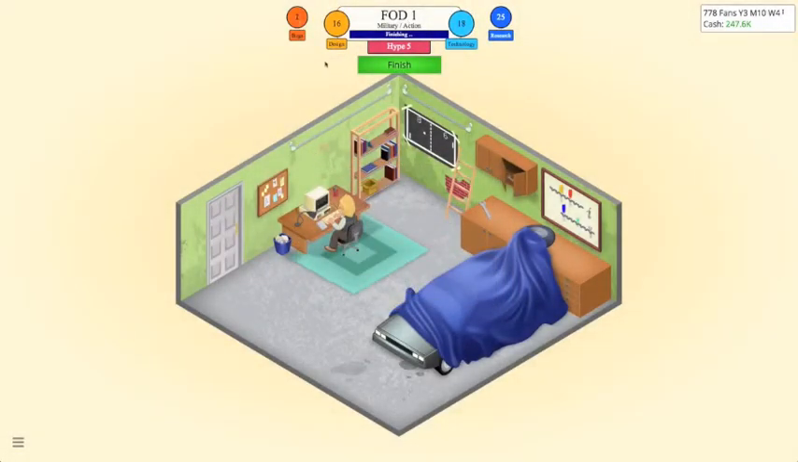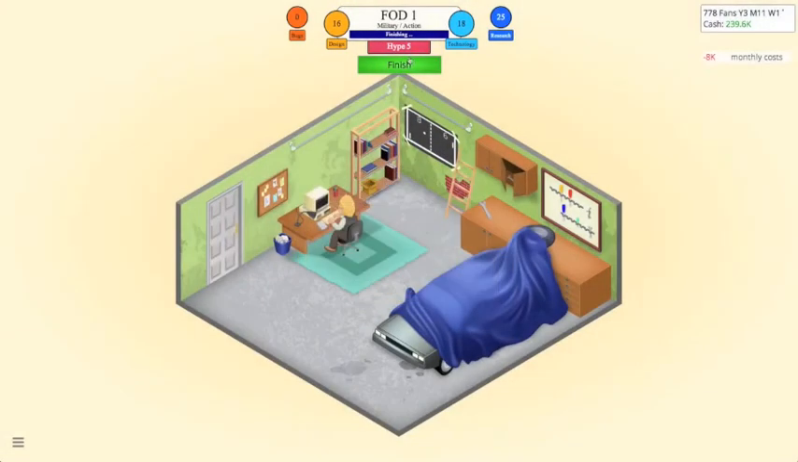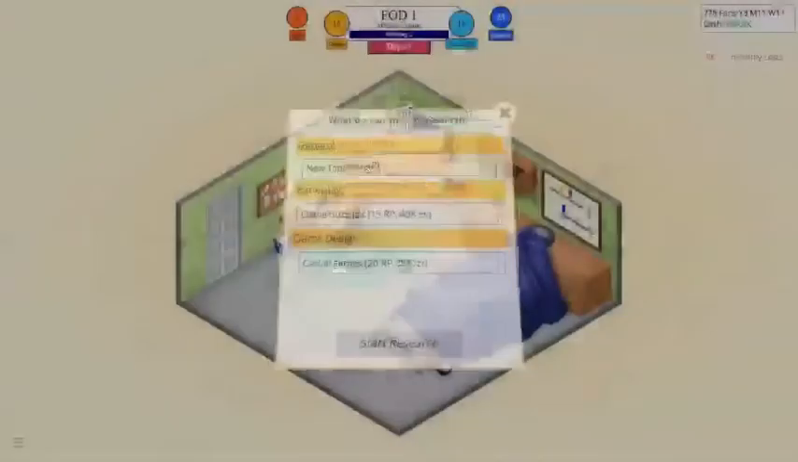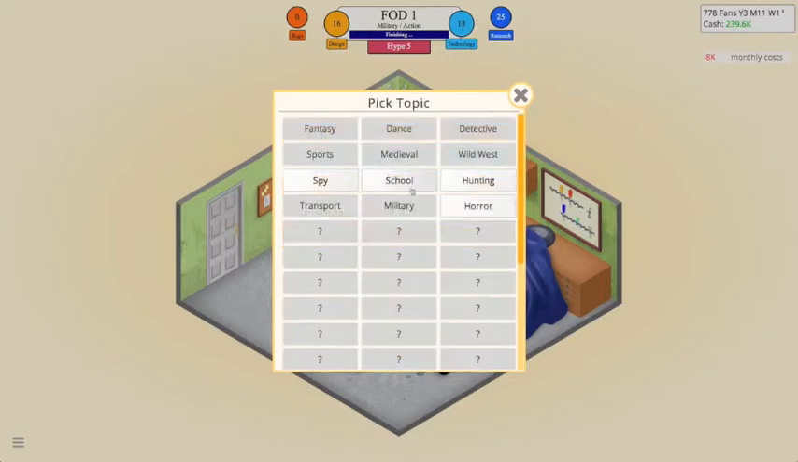So let's wheel out these little bugs and let's finish. So new research, casual games, which would be quite a good one. So let's finish up this game, get it to the audience, and let's do some research. So we could do casual games, which is 20 RP, and we've got that, or 15 RP for game tutorials. But I want to do a new topic, and I want to do